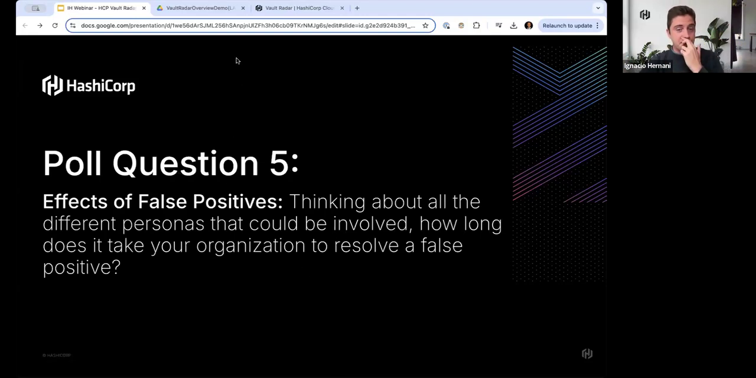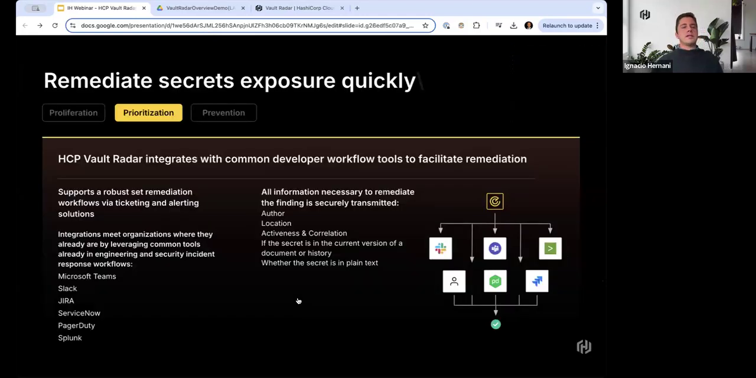So sometimes this can be in the magnitude of days or even weeks in the worst of cases. So this is why minimizing these false positives is so important. Okay, so like we said, once we have identified all of these exposed secrets, we want to remediate this exposure